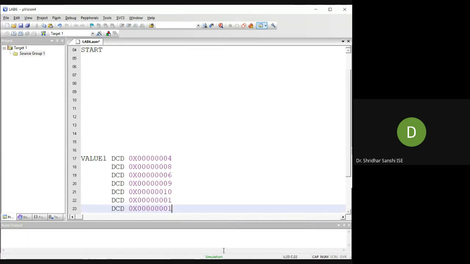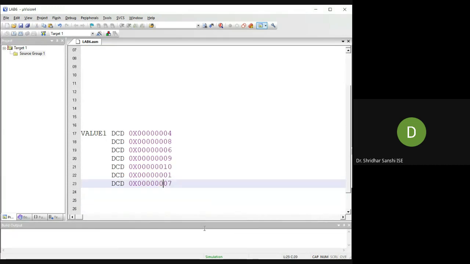Okay, among this, which is the largest? So the largest is this element, so I should get the result as this. So I can define a result variable in the data section. So just write area, data, multi data 2. This I will define as a data section. It is read write, because I will update this value.